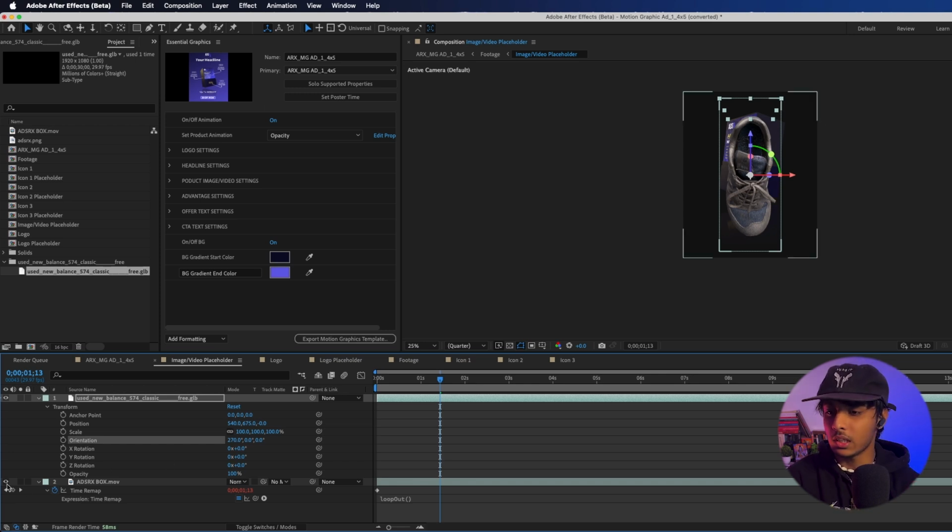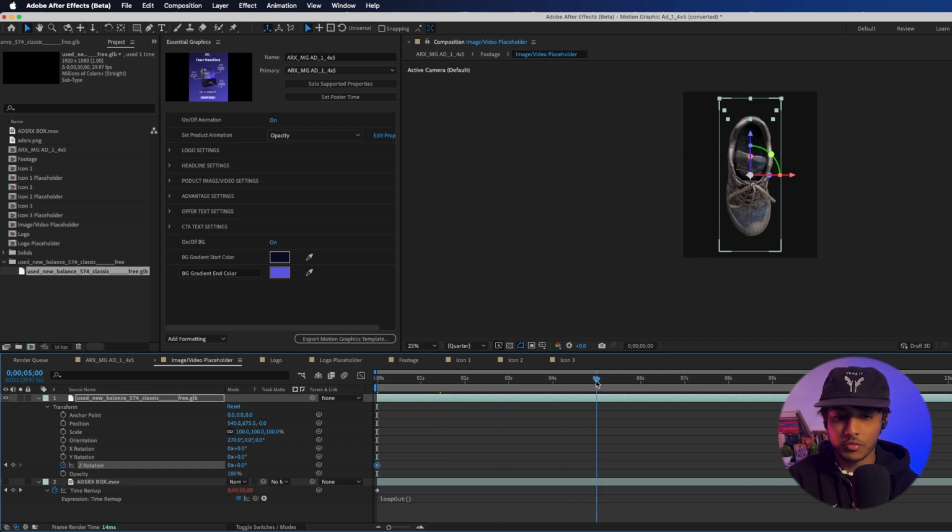So I'm really quickly going to hide my AdsRx box since we don't need it anymore. And then I'm going to come into the beginning of my timeline, add a keyframe on the Z rotation, come into somewhere like 5 seconds, let's say. And then I'm just simply going to change the rotation to 360, so it's a complete turn. And if I play it back for you guys real quick,